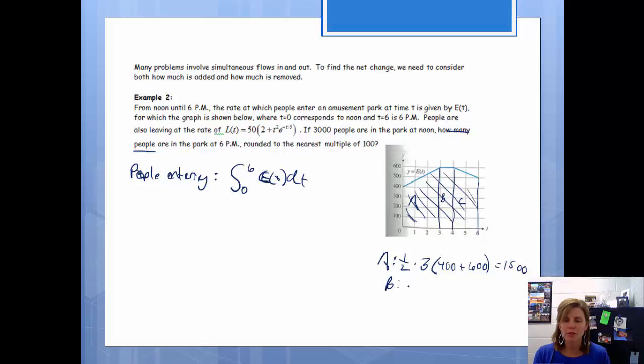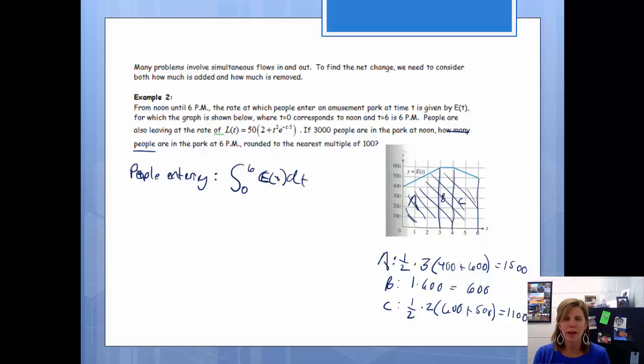Okay, area B is a rectangle. It's just going to be length times width, so 1 times 600, which will give me 600. And then C is another trapezoid, so it's going to be 1/2 times the height, and again, it's a trapezoid on its side, so it's going to be 1/2 times 2, and then the sum of the bases, the larger base is 600, the smaller base is 500, and if I multiply that out, I will get